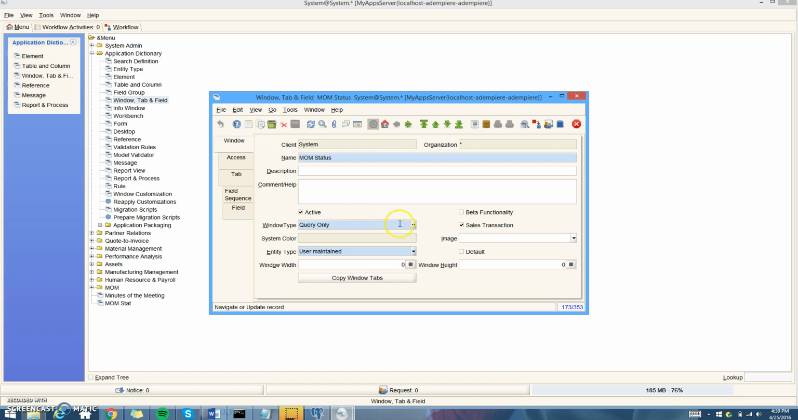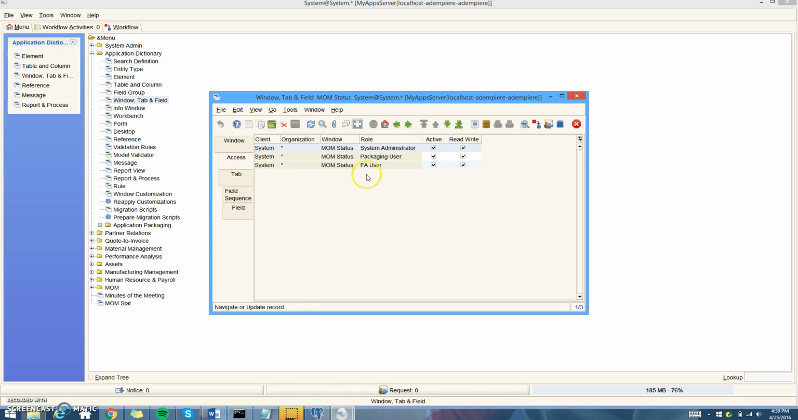So you're going to set the window type to maintain, user maintained is the entity type, and just the name, make it mom status. And you're going to want to uncheck the sales transaction. So you want to save that, and then go under your access tab, make sure that this all is here,